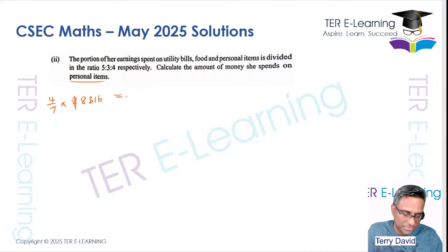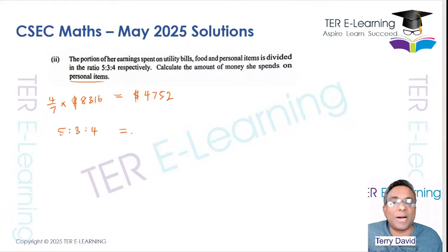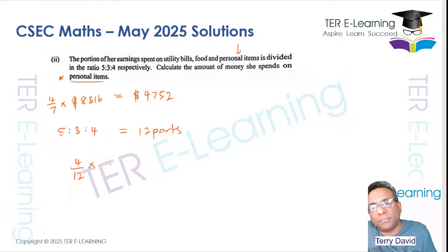So 4 over 7 multiplied by 8,316 is going to be 4,752. So that's the money she's spending on that. But the ratio is 5 to 3 to 4, so we need to find how many parts we have here. That's 5 and 3, 8, and 4, that's 12 equal parts when we are talking about a ratio. You want to figure out the amount spent on personal items. Personal items is the third item in this ratio, so that is actually 4 over 12 multiplied by